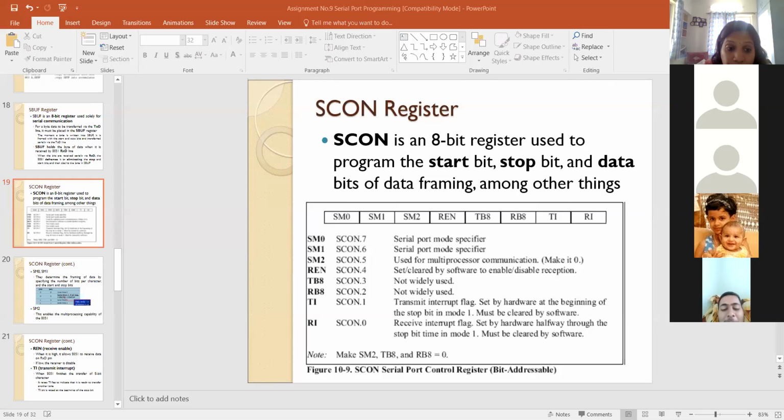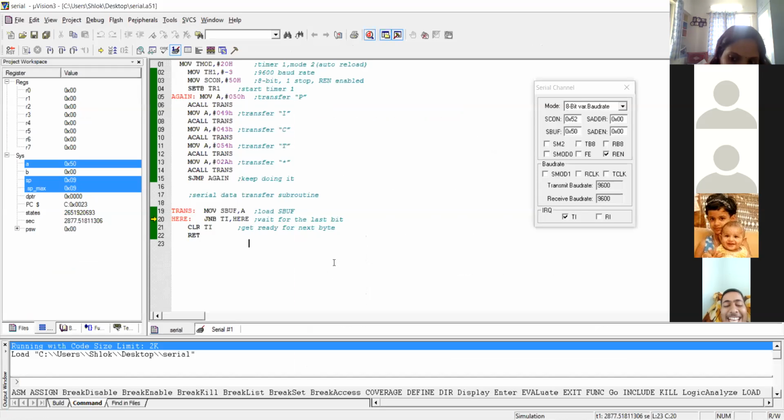Now, jump if not bit, TI. So TI is nothing but the transmit interrupt.